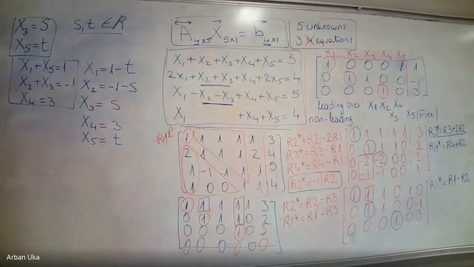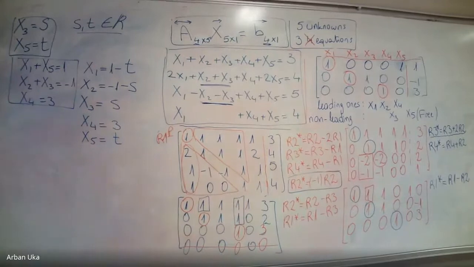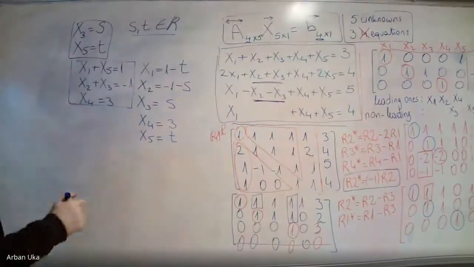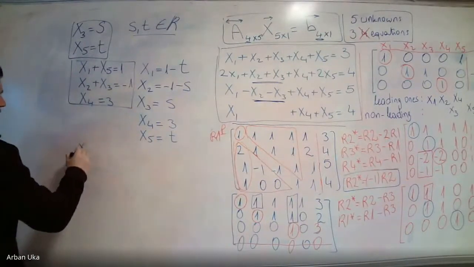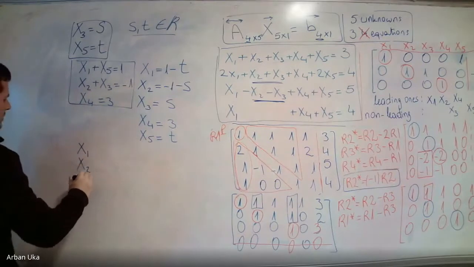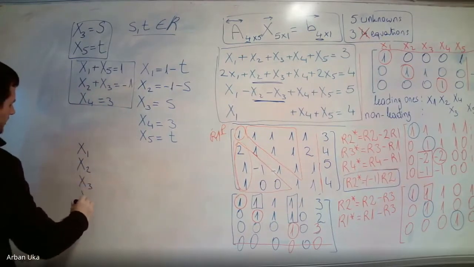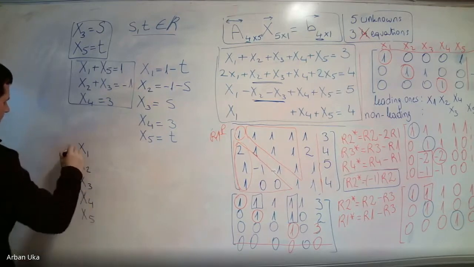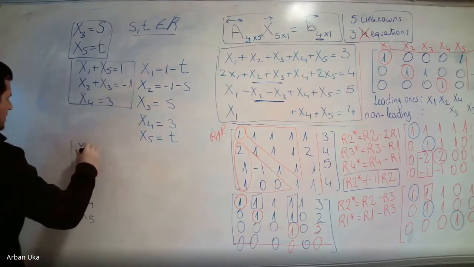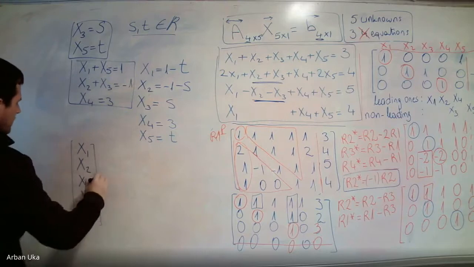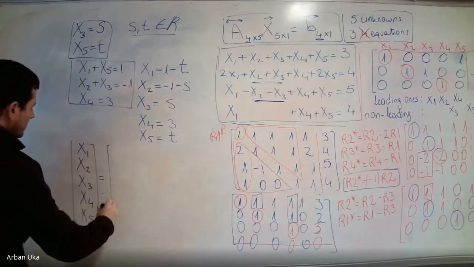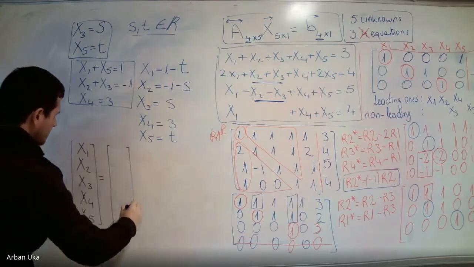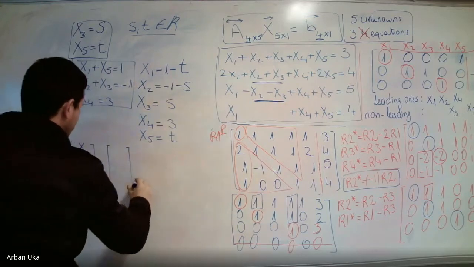Then, as a result, we can also immediately write the following. We have x1, x2, x3, x4, and x5. This is a vector which we have to define, and we can write it in this form, plus